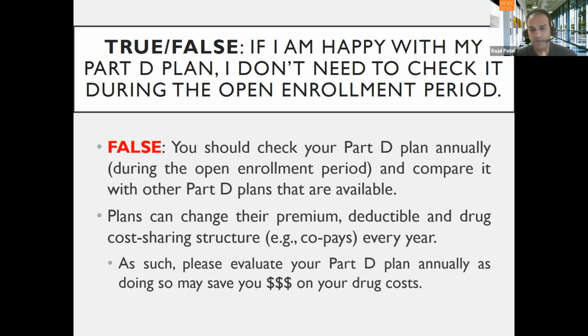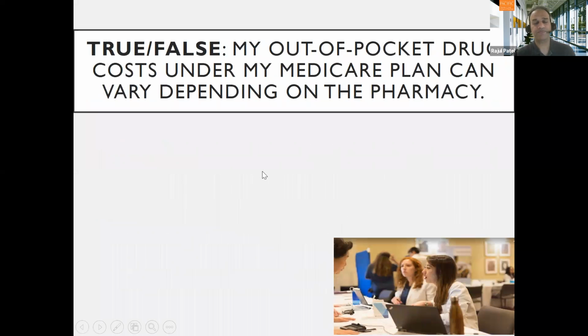Plans will change their deductible. They'll change their formulary structure. They have to inform you, and they do. They send a booklet with all of the information, but that booklet is like a telephone book. No one's going to sift through that and look at all of the changes. No one has that kind of time. And they prey on that. They know that most people are going to stay in their plan. And then you go to the pharmacy in January, and now your copay is much higher, and you get the first statement and your premium is much higher, and you're stuck, right? Because you didn't take the time to reevaluate if that plan was going to be the best for you.